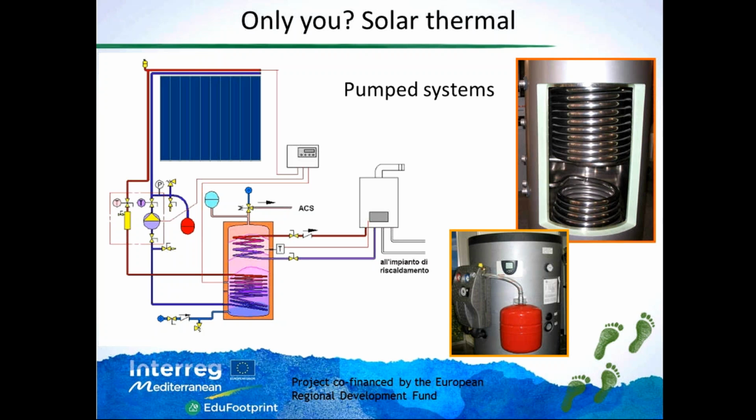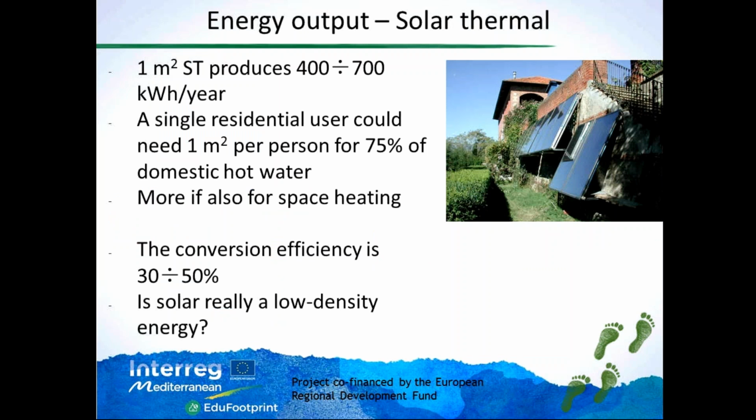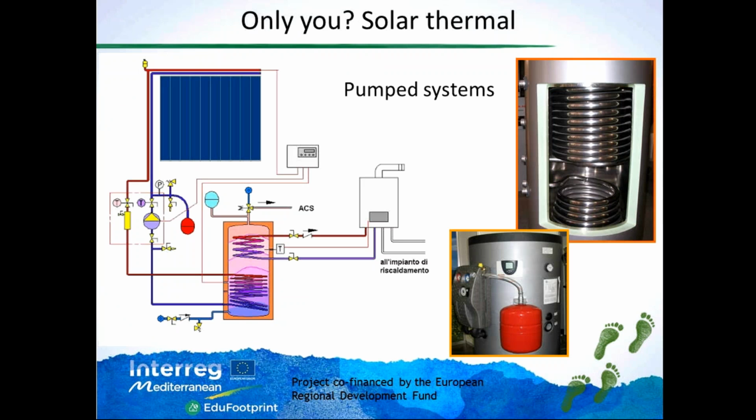And we have said that the efficiency of solar thermal depends on the operating temperature. So if you put the solar thermal as a preheater in this kind of hydraulic plant, then you can reach a much higher efficiency. So that is why we always put the solar thermal in the lower part and the conventional boiler